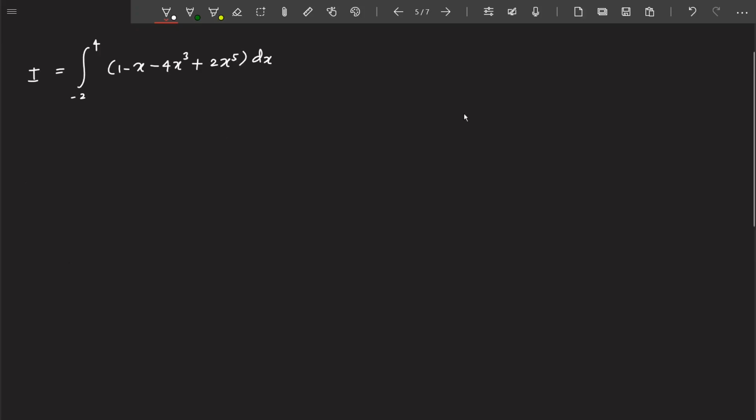Hello everyone. So let us start talking about Simpson 3/8 rule. Okay. The formula of Simpson 3/8 rule is very simple, which is I equal to b minus a, x0, x1